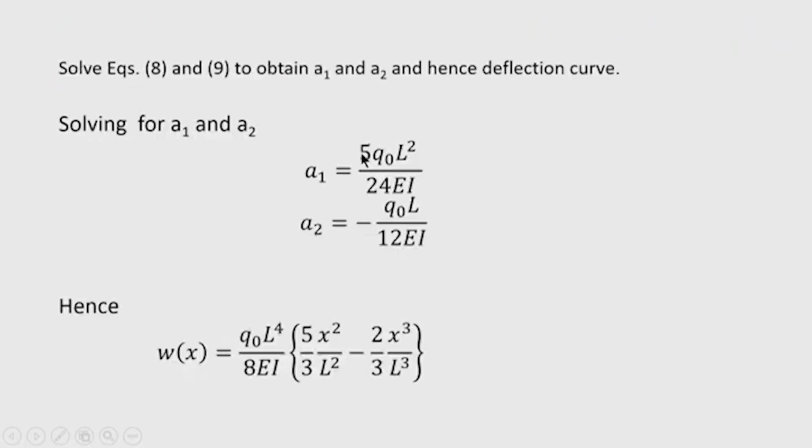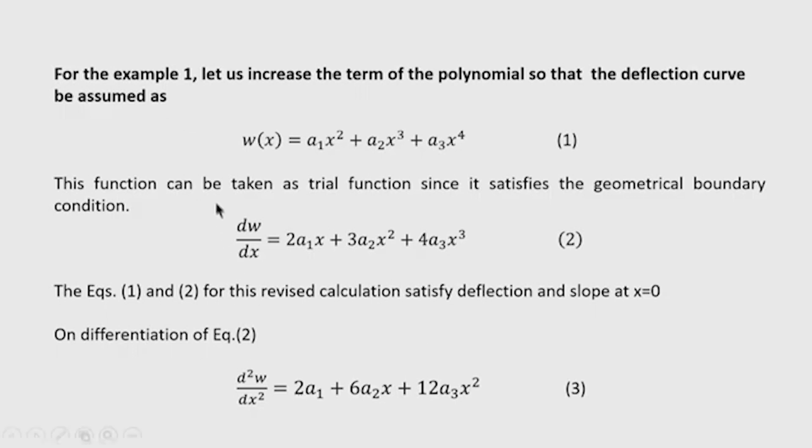Okay. By following Rayleigh's procedure, we now obtain the deflection surface after evaluating the unknowns A1 and A2, and this expression shows that deflection is exactly obtained, there is no error in the deflection. However, if you calculate the bending moment, you will get some error, and in shear force again you will get error. So, a comparison I will give in the next slide, of what is the error involved in calculation of bending moment and shear force. First, let us see whether accuracy is increased by using one more term in the